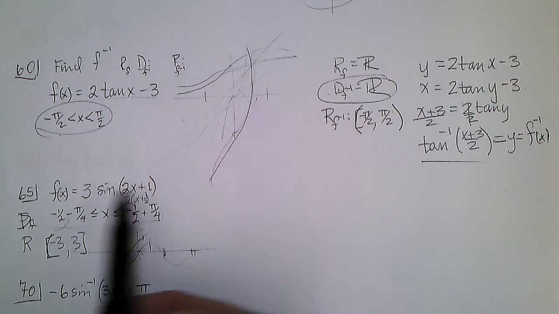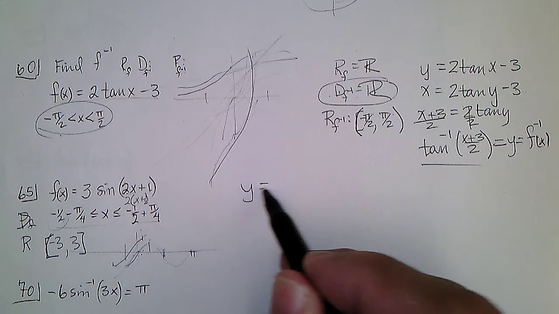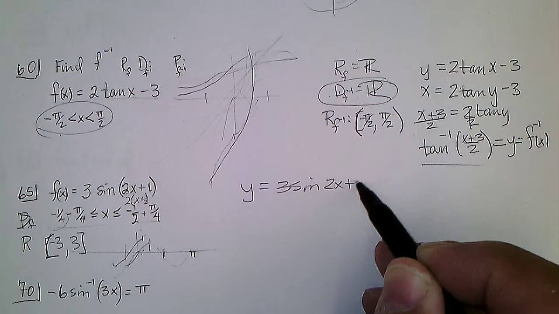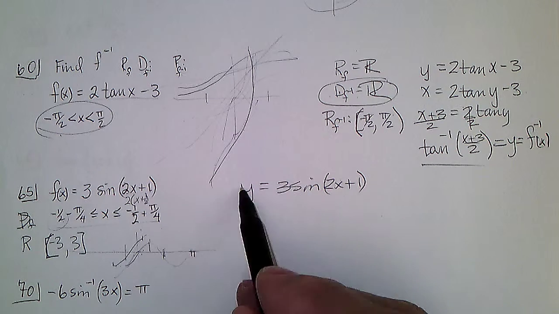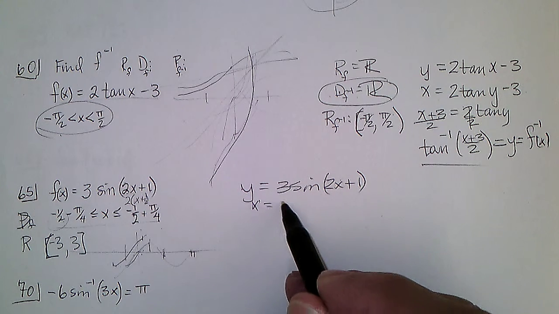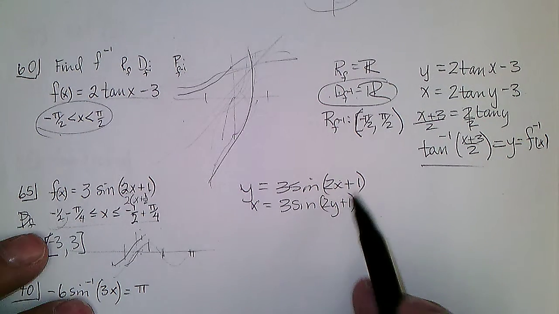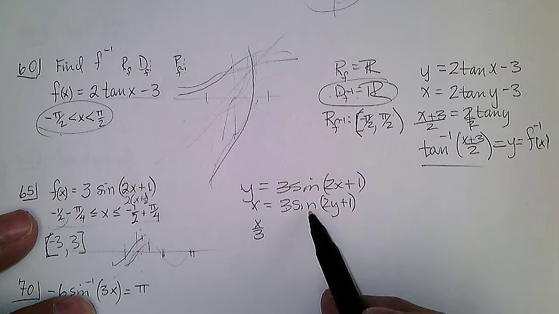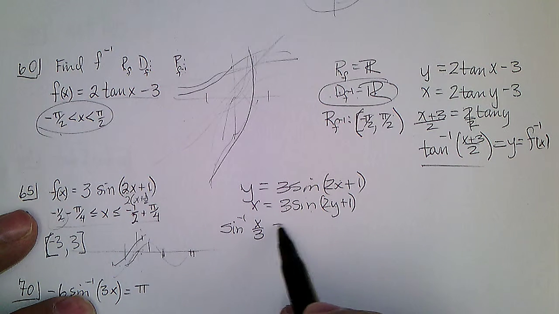And the inverse would be found by replacing f of x with y. And then we would switch the y and the x. Solve for y, divide by 3. And then take the sine inverse. And that would leave us